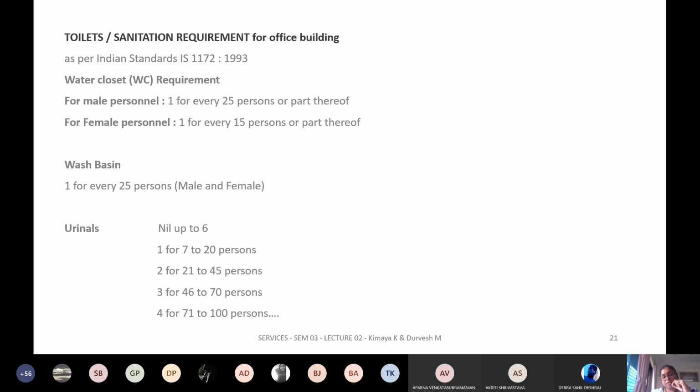Now, within an office building, you will always have a public toilet on every floor. Plus, you will have individual toilets, which are much more private and used only by the office people. So depending on your requirements, you can then calculate them. Whenever we are designing any kind of building henceforth, we have to use these standards to calculate how many water closets, urinals and wash basins we require.